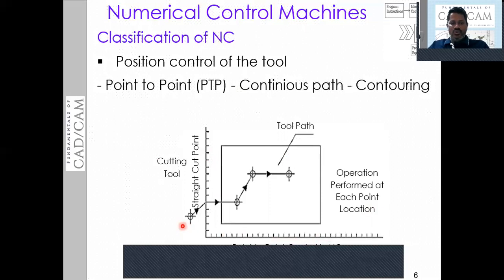In this case, the tool is going to move from one point to another point in a random way. We are not going to consider the movement of the tool, in what way it is moving. Our total focus is on the point. As and when the tool moves to the point, at that location, the work will be performed. Now you can see here, the tool moves from point 1 to points 2, 3, and 4. We are not considering the path followed by the tool when it is moving from one point to another point. This type of positioning is called point to point positioning. This is one of the classifications.